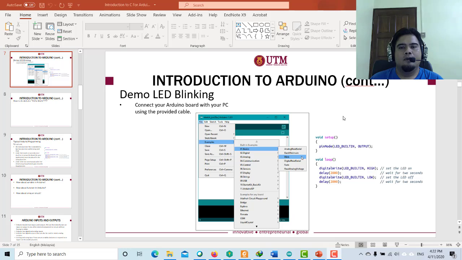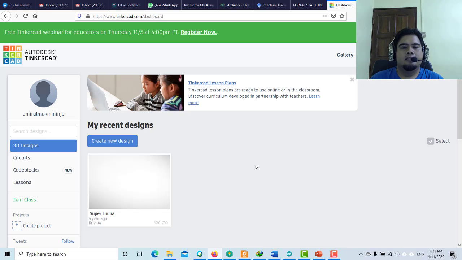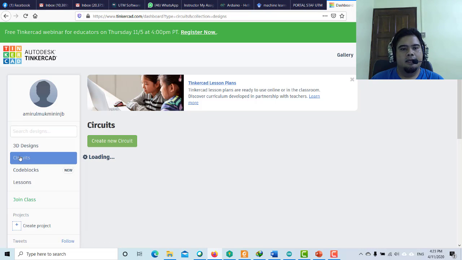I believe that some or most of you are already familiar with TinkerCAD because you have been exposed to it in other courses, especially in lab 1 and lab 2. So this is TinkerCAD. You don't have to install it. It's online software, and of course it provides a lot of features. You can design in 3D, you can design a circuit and so on. But to design a project based on Arduino, it belongs to circuits, so you must click Circuits there,